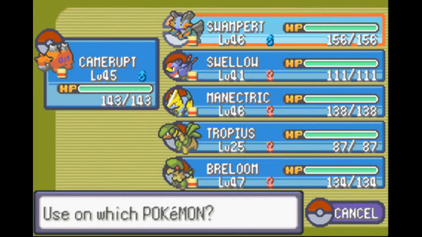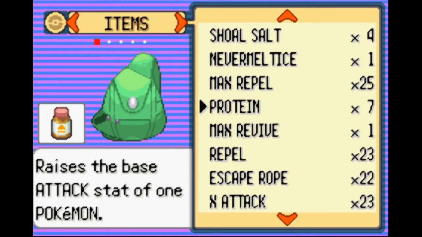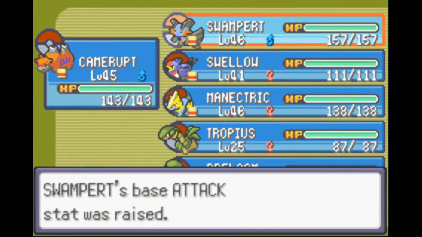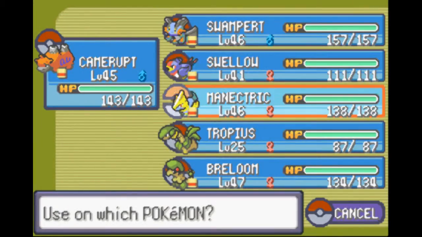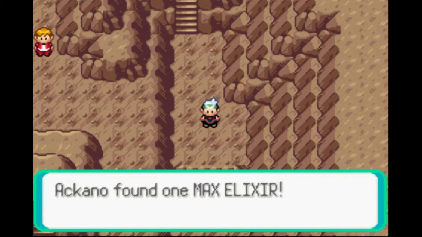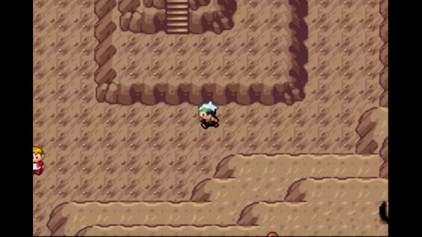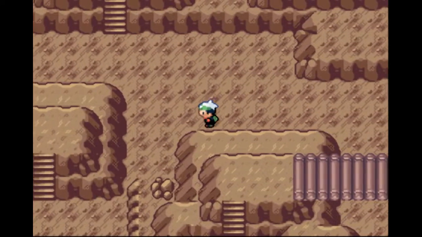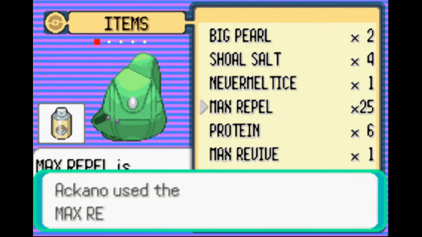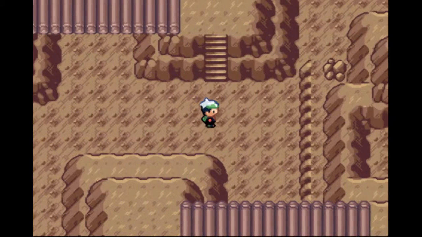We'll use an HP Up on someone. Who's bulky? Swampert. A bunch of Proteins. Let's give these to our physical attackers. So Swampert. Won't have any effect on Breloom. Breloom's obviously gotten the max EVs, there's a limit to how much you can raise EVs by using Proteins and HP Ups, so he may just be at that point. Anyway,